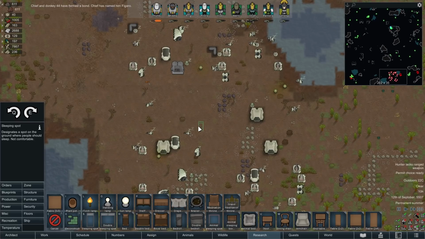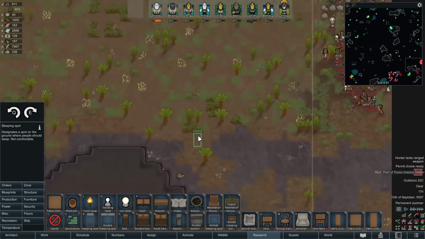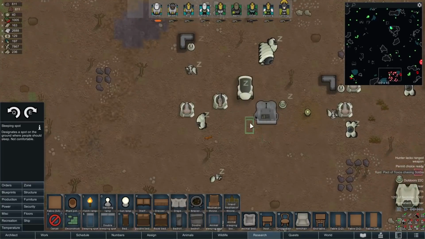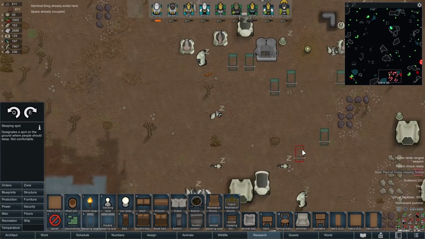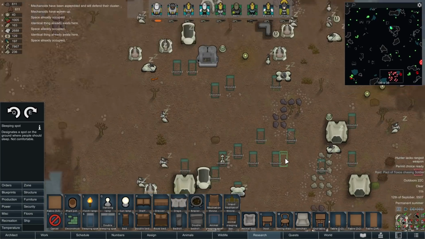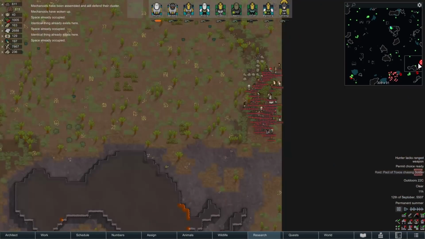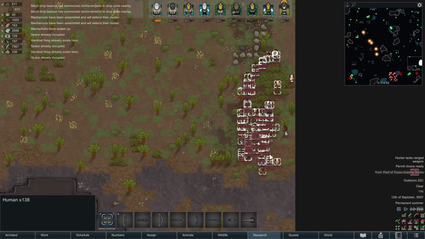Auto-saving. Yeah, that seems not at all worrisome. Okay, raid from the Pact of Toxos. Yep, there's a whole bunch of tribals. Well, in that case, how's about we just go like this? They really don't like it when you put sleeping spots near them. Oh yeah, they're annoyed. Well, now if we've done this right, the Pact of Toxos should immediately start going for